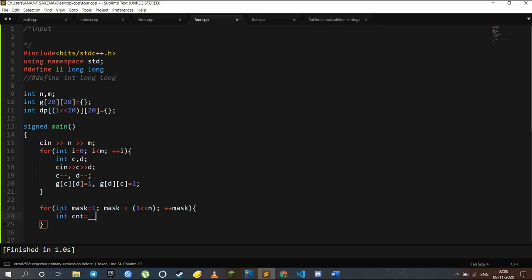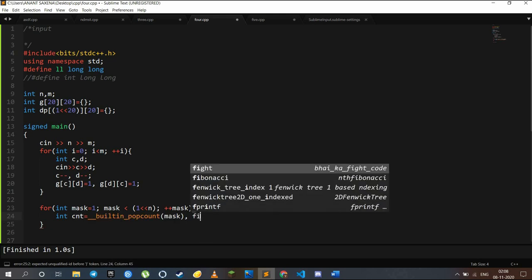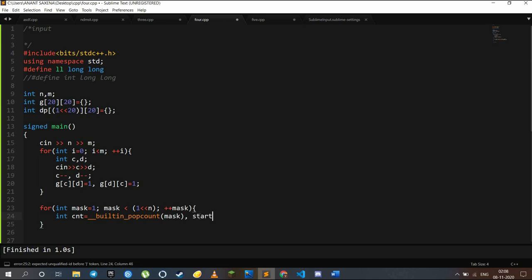So I can use a C++ function provided by the compiler actually. It automatically calculates how many bits are set high in the number, and it will give it to the count, and let's just call the other number start. So to set start, we'll go